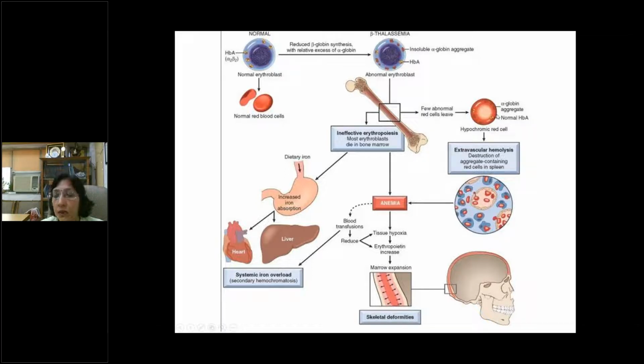Now these RBCs are released into the circulation and identified as foreign by our spleen. Then it will lead to extravascular hemolysis and splenomegaly. Of course, anemia and jaundice will be there, and increased LDH will be there. What are the other side effects? It will lead to iron deposition in the liver and heart, which can lead to secondary hemochromatosis and changes in the heart, and even in the pancreas. Ultimately, it is a vicious cycle which goes on again and again, and you can see any of the complications in these patients.